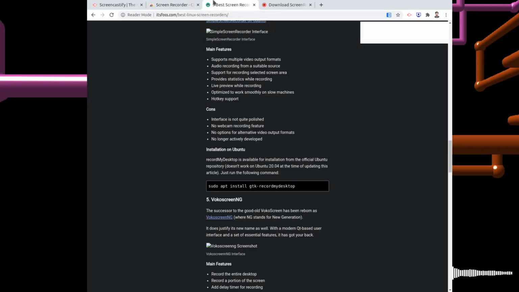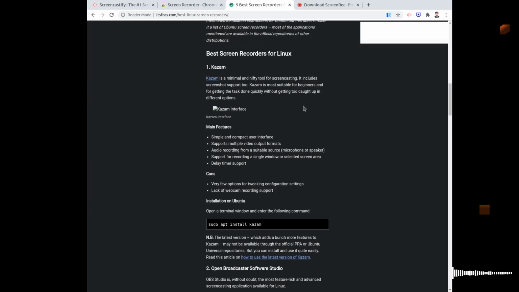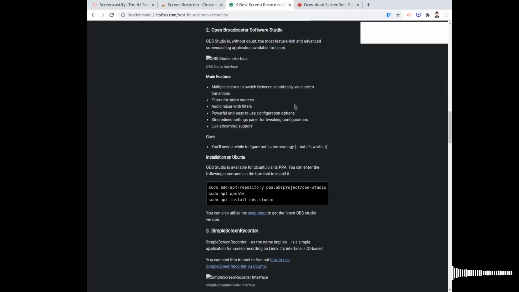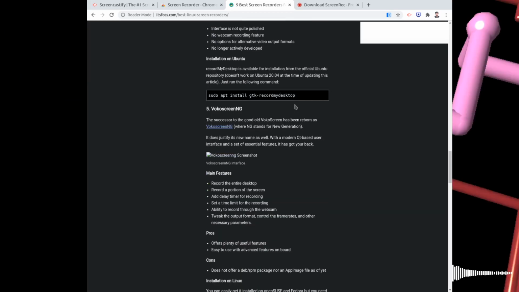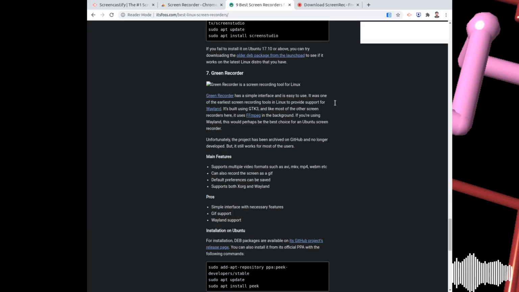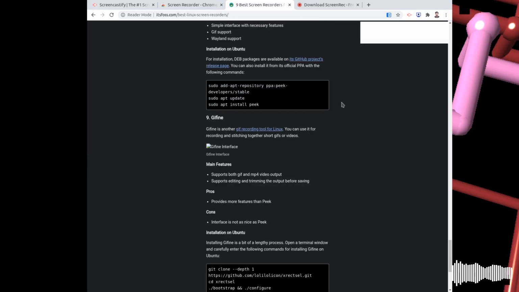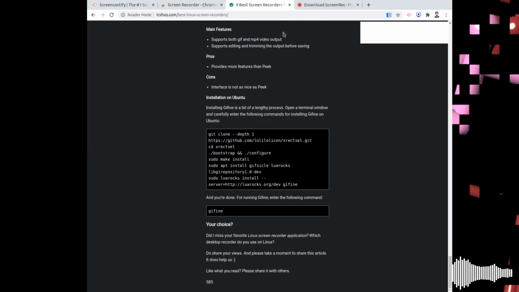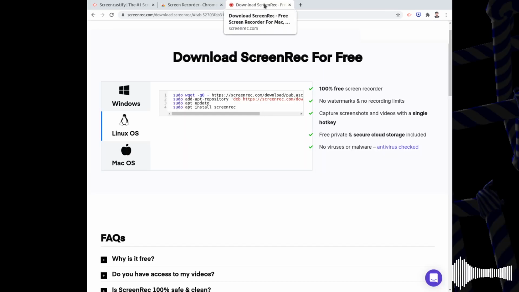Also, we have standalone applications, like Kazam, OBS, Simple Screen Recorder, Vokoscreen NG, and pretty much everything. But these require storage, and you have to separately upload to the team Google Drive or whatever you use.